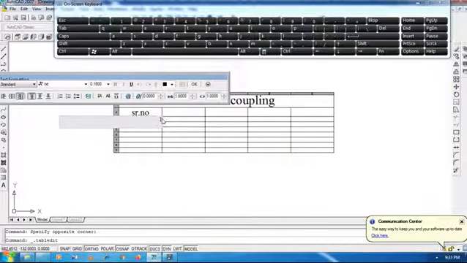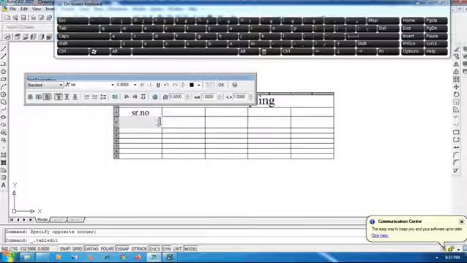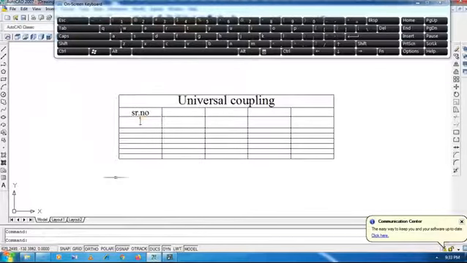If you want to increase it, I am going to increase to 0.9. Okay, like this. If you want to change the position, select middle center and then OK. So like this, in whatever column, at every space you can enter whatever you want in your table.